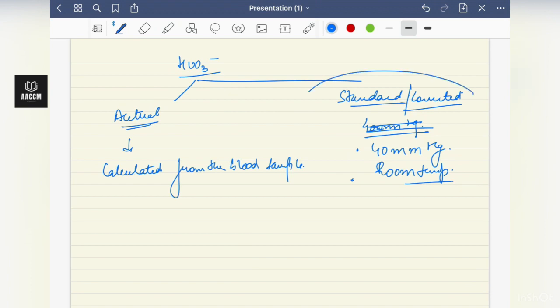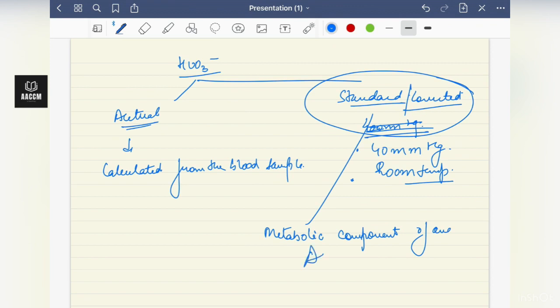The standard bicarbonate level gives us the metabolic component of an acid base balance. Okay,